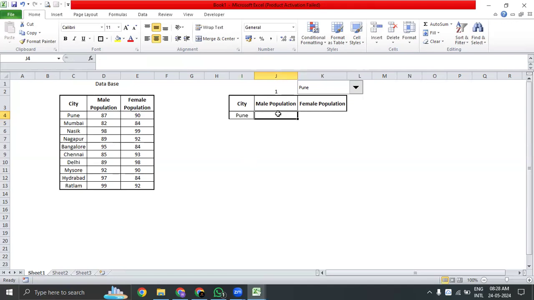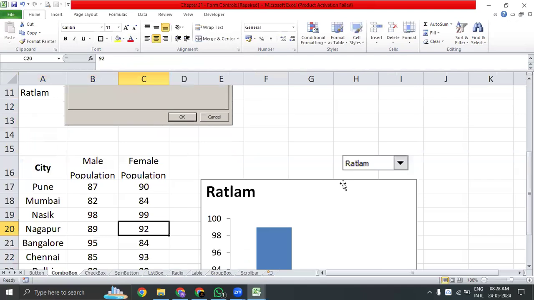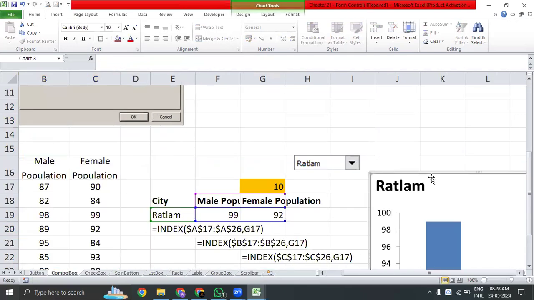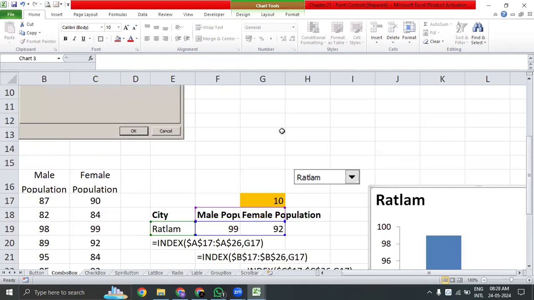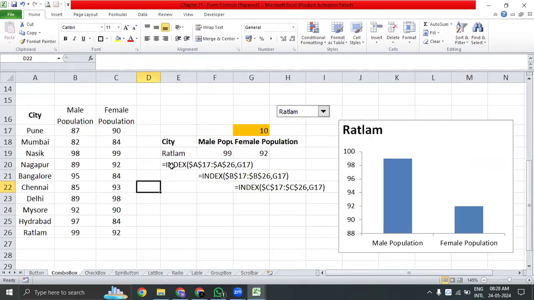Sir, here it is Pune. Yes. See, it is taking the last one, second from below, sir. Here we have used the index option. Here also we can use the index, where we are seeing the index B17 to B26 and comma, what we are seeing here, see,